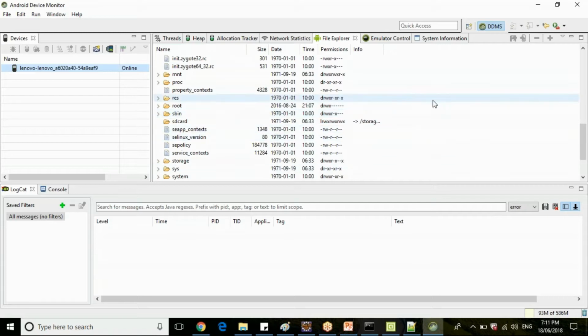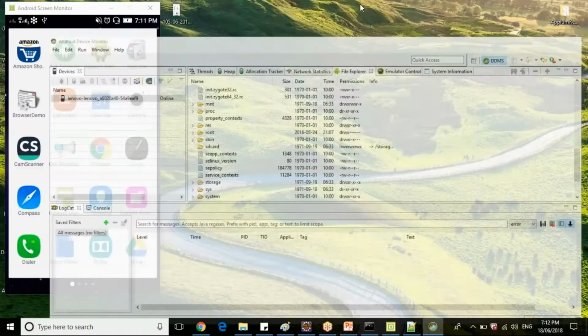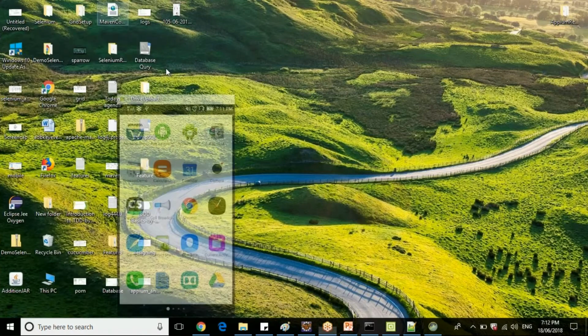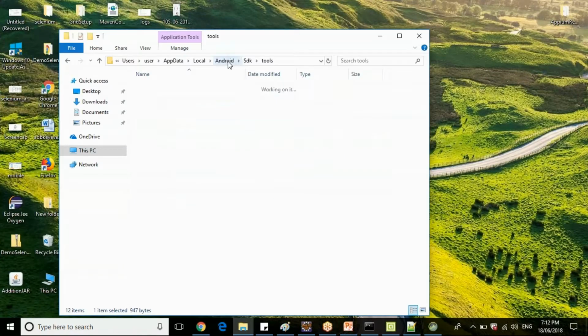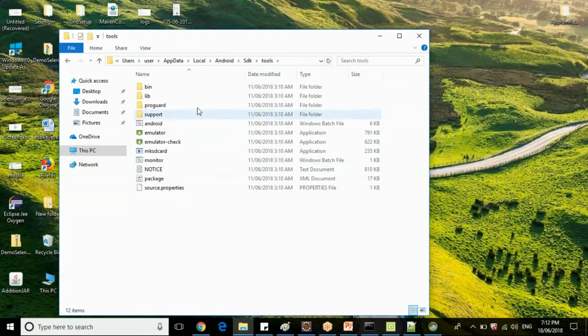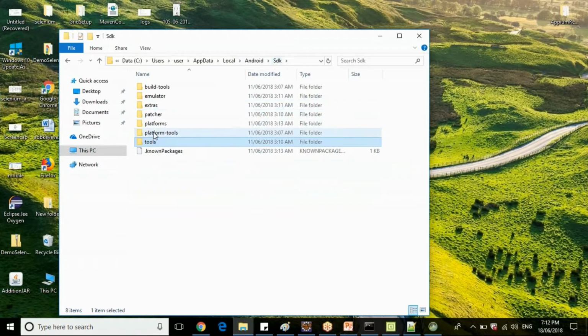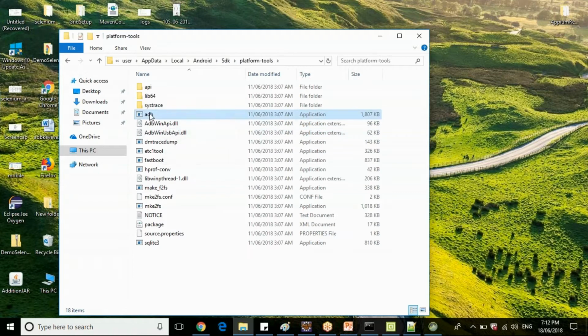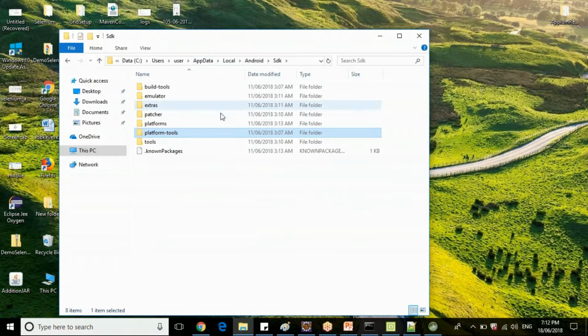Suppose you're doing pure hardware testing of an Android mobile device, all these tools are required. I'm just telling what the contents of the Android SDK are, for your better understanding of how your APM is communicating to each and every tool located in the SDK. Like you have seen the path right here for ADB, Android Debug Bridge. So your ADB is sitting here.